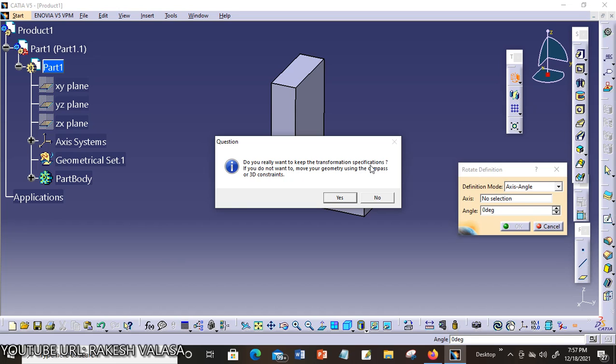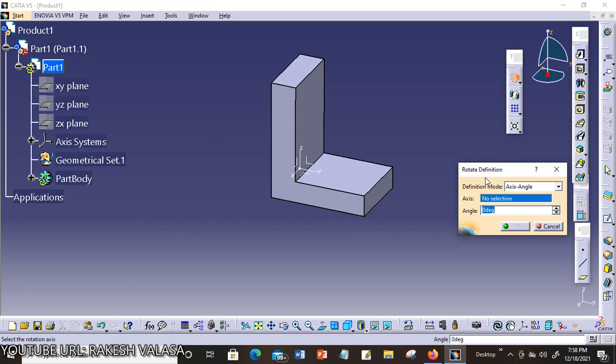It shows, do you really want to keep the transformation specifications if you do not want to move your geometry using the compass or 3D constraint? Now I choose the Yes button from this message box. The rotation definition dialog box will be activated.